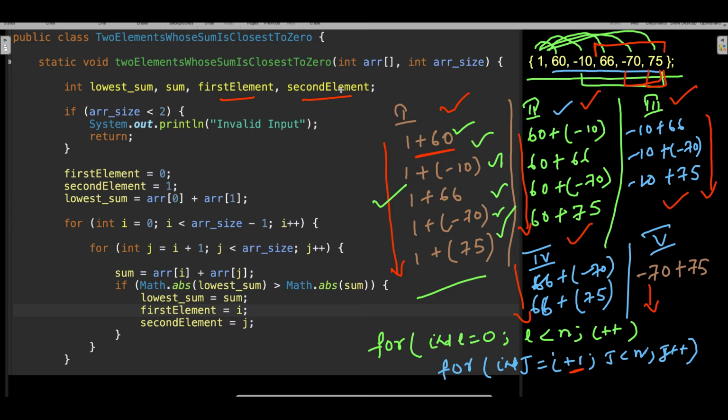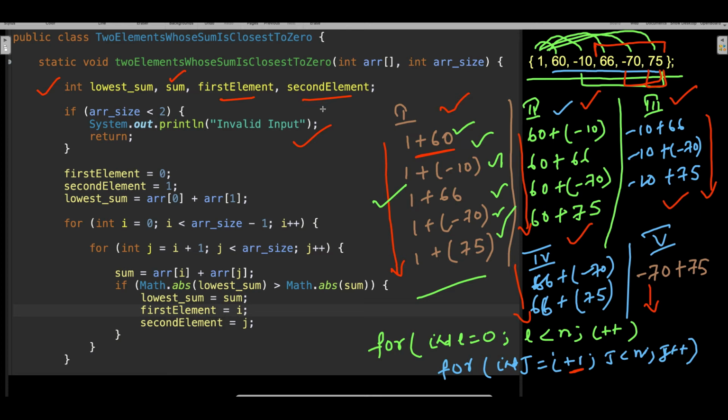So there is a variable called lowest sum, right? And for the time being, just try to understand that there is another variable called sum. I will tell you why this is, okay? Forget about this, I am putting a check. This is a precautionary measure. If the length is less than 2, then you say invalid input, because when there are not even 2 data, what will you sum, right?